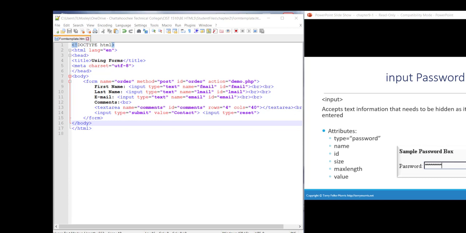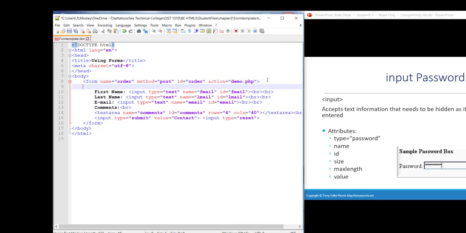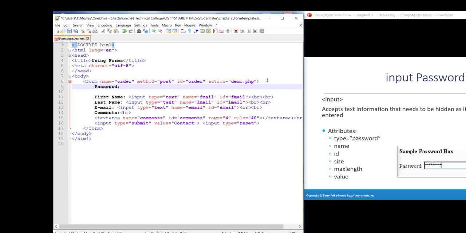Now we will see how we can configure the input element to create a password box. This is almost like a text box, except that we will be setting the type attribute to password as its value. So I'm just going to copy what I have here from line 9, and I'll just create it right up here. So I'll say password, and then I'll paste what I had. But I'll go ahead and change this value to password, and then I'm going to name it p-word and the